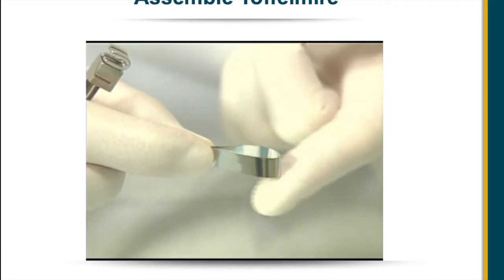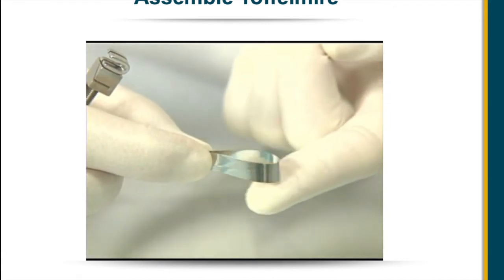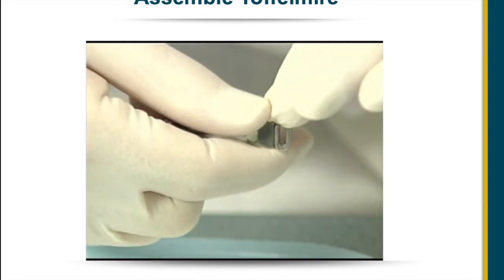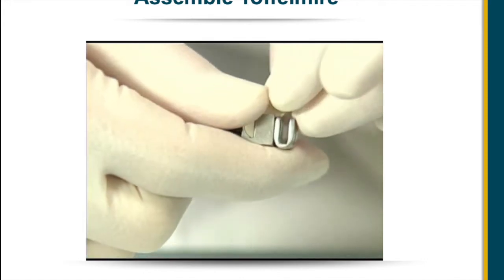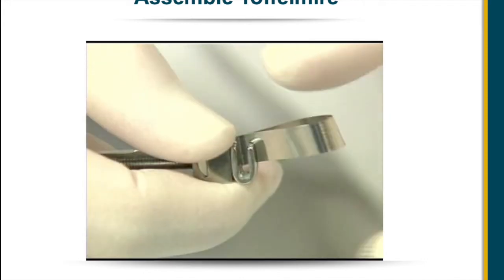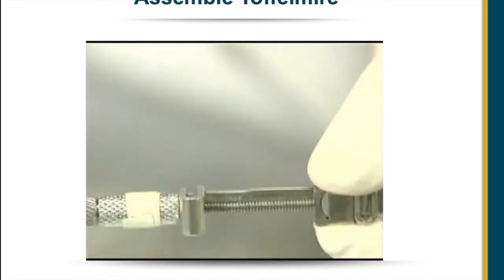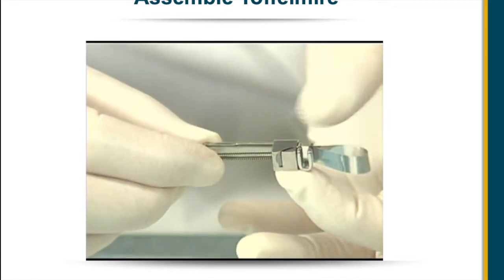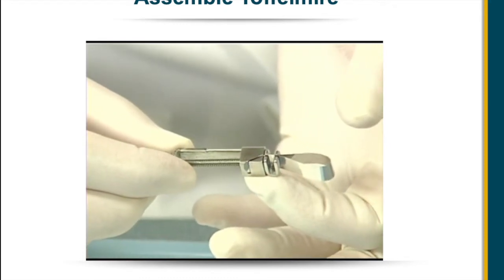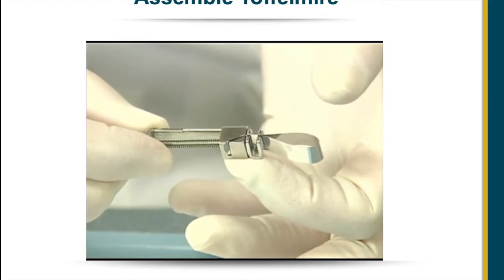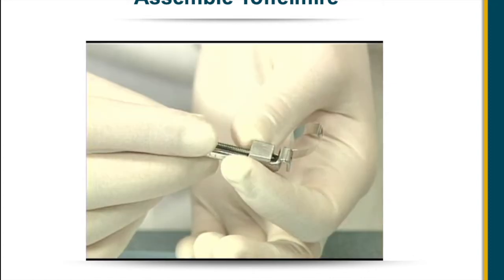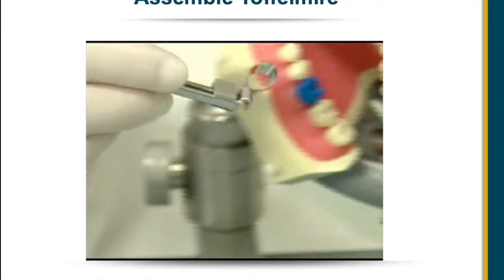The occlusal edge has the larger circumference. The gingival edge has the smaller circumference. With the diagonal slot facing toward you, slide the joined ends of the band, occlusal edge first, into the diagonal slot on the vise. Guide the band between the correct guide slots. The position of the band in the guide slots depends on if the tooth being restored is maxillary or mandibular, right or left. Position and seat the loop over the occlusal surface with the retainer parallel to the buccal surface